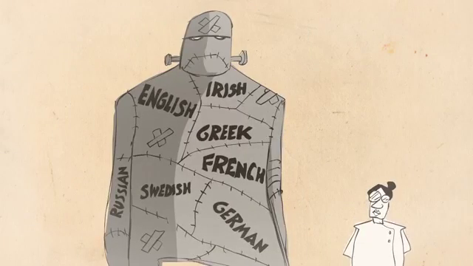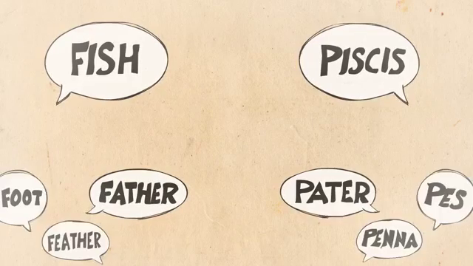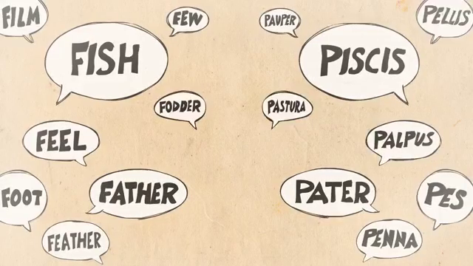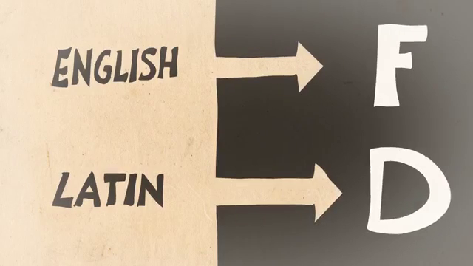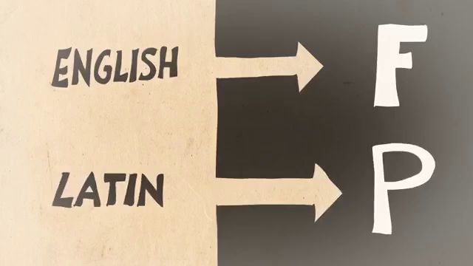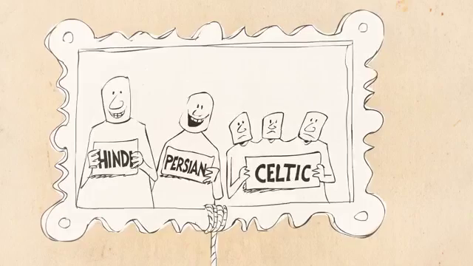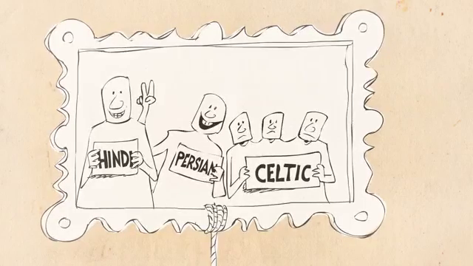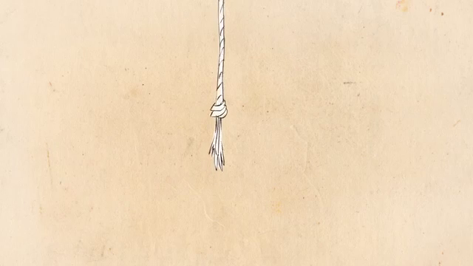And though it requires a bit more work, we can find the same systematic similarities, or correspondences, between related words in different Indo-European branches. Comparing English with Latin, we see that English has T where Latin has D, and F where Latin has P at the start of words. Some of English's more distant relatives include Hindi, Persian, and the Celtic languages it displaced in what is now Britain. Proto-Indo-European itself descended from an even more ancient language, but unfortunately, this is as far back as historical and archaeological evidence will allow us to go.